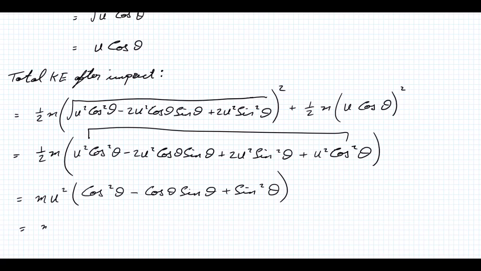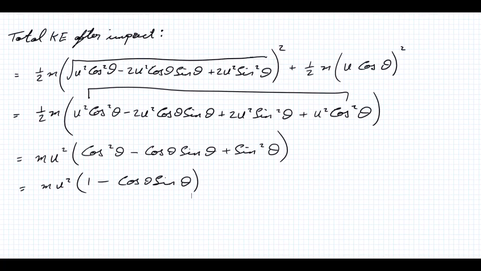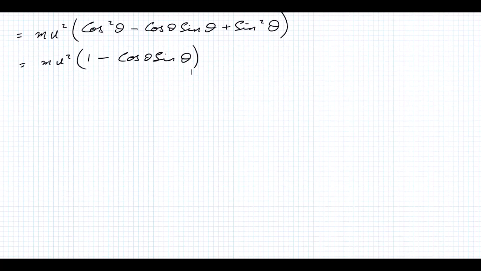Okay, so finally what I can do here now, I see within the bracket I've got a cos squared plus sine squared, which is 1. That'll give me 1 minus cos theta sine theta. Okay, so I have the total kinetic energy after impact, and the total kinetic energy before impact. So what I can do now is just go ahead and look at the actual question, see how we're going